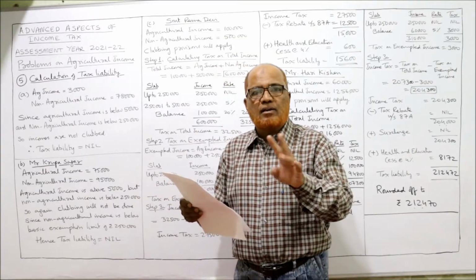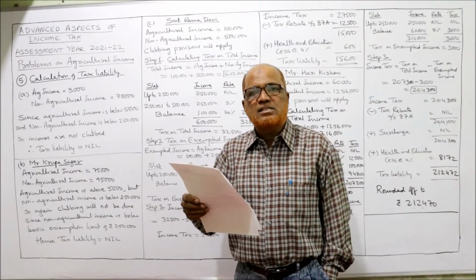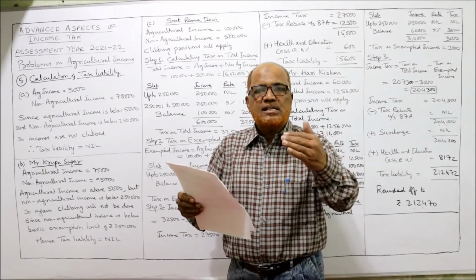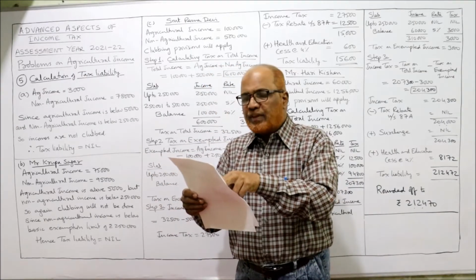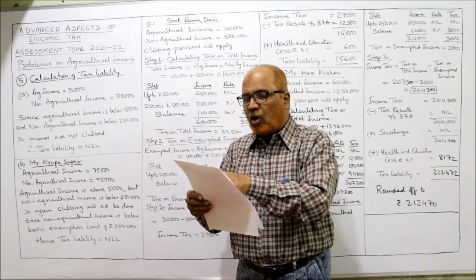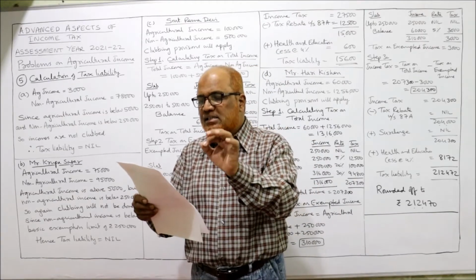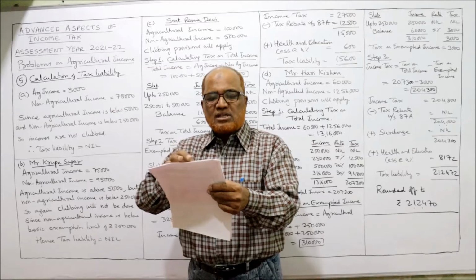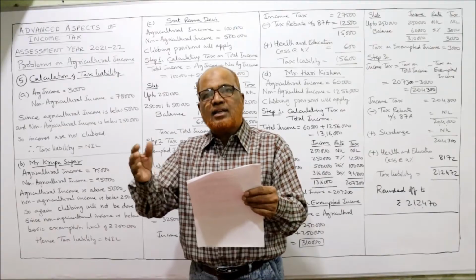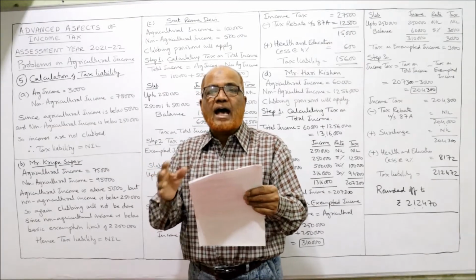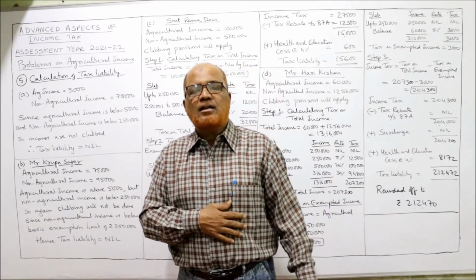Next, the two points are over. I am reading out the second problem. Are the following incomes agricultural income? Give reasons. Again, you only have to decide whether it is agricultural income or not. Two points are given. Mr. M.B. Rao is working in an agricultural field with the landlord, and on the condition that 20% of the output, valued at 8 lakh, is received as remuneration. So Mr. M.B. Rao is working in an agricultural field on the condition that he will get 20% of the output as his remuneration. Remuneration does not constitute agricultural income.